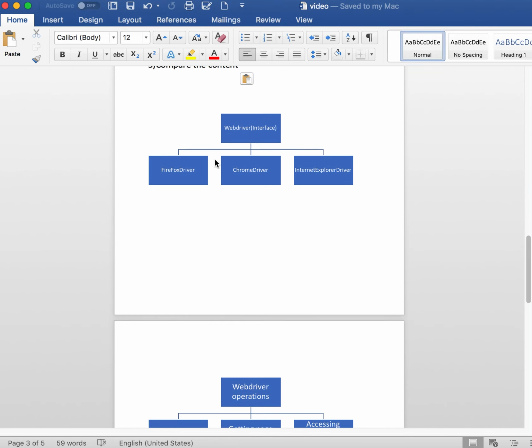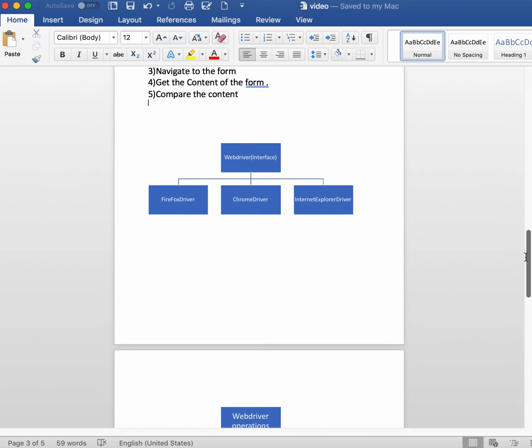If you see, a WebDriver is provided by the Selenium software, basically. So Selenium provides a WebDriver interface, and the different browsers implement that interface, Firefox or Chrome or IE. There could be some others; I've put the basic ones. The idea of a WebDriver interface and corresponding implementation class is you use that to perform the various operations on